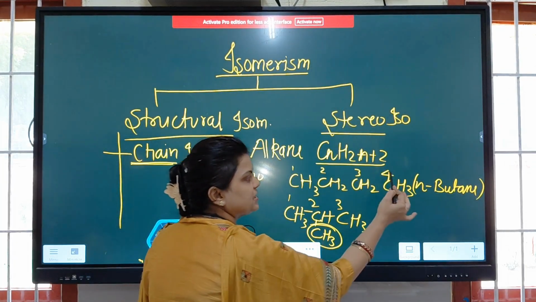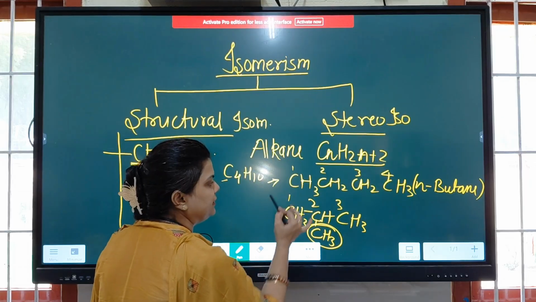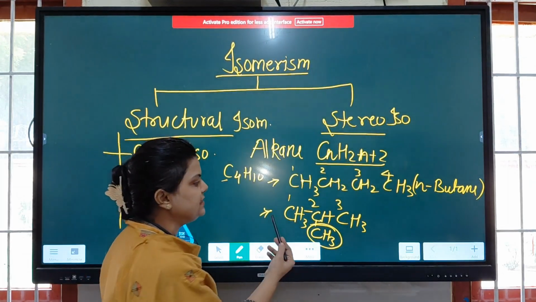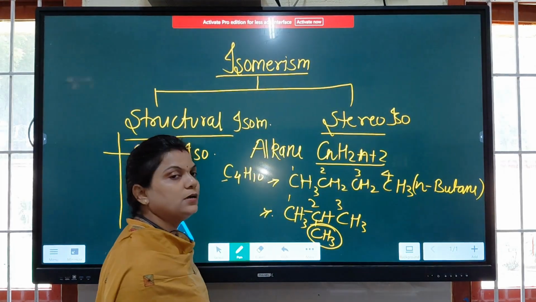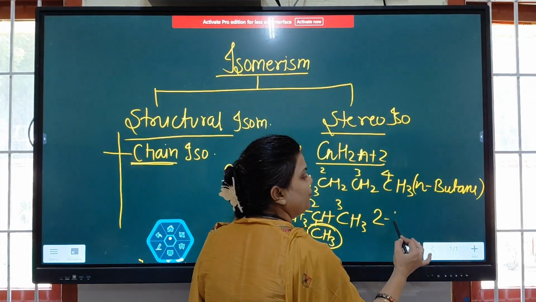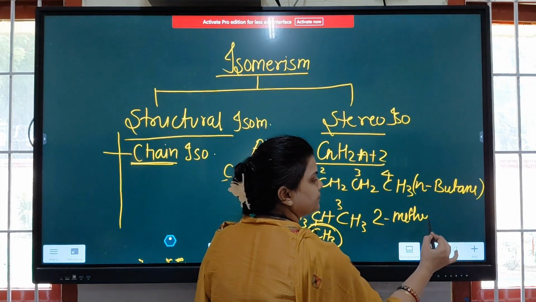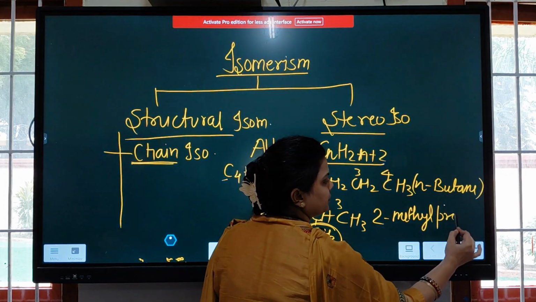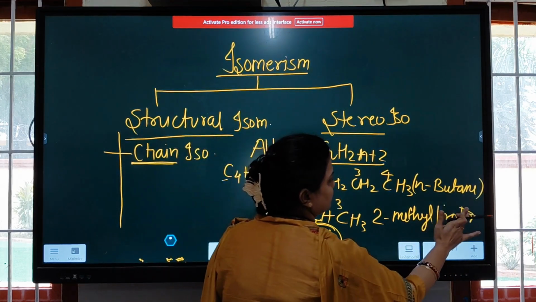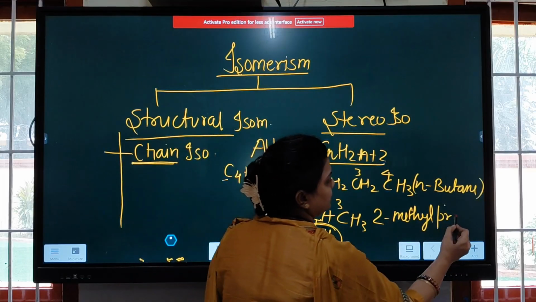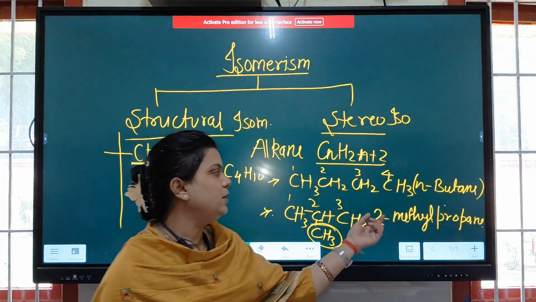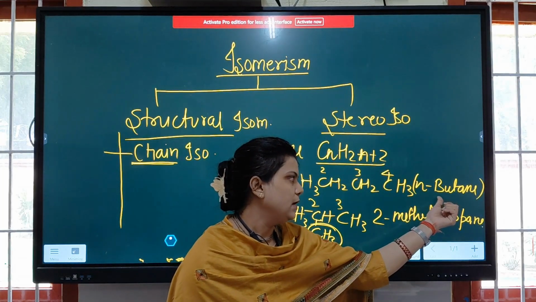That is why when we compare the first example with the second example, or the first isomer with the second isomer, we see that the second isomer contains a carbon chain of length 3 carbons and is known as 2-methylpropane. When we compare the root number of carbon